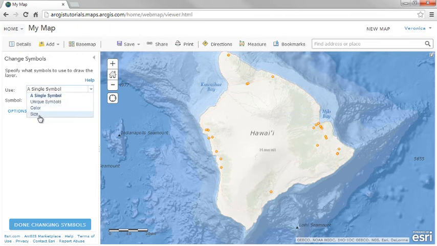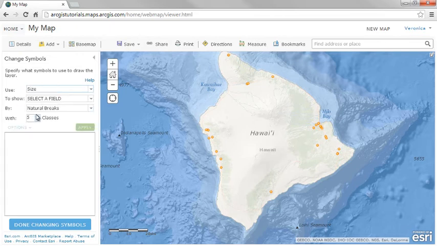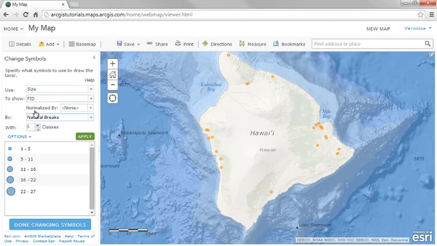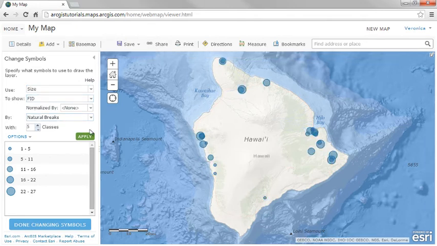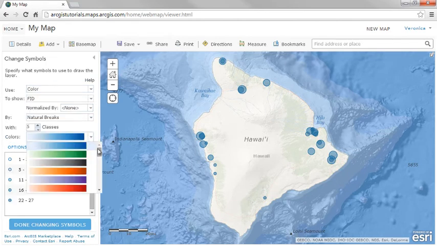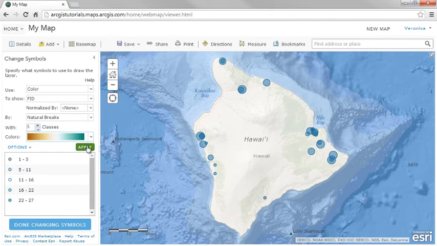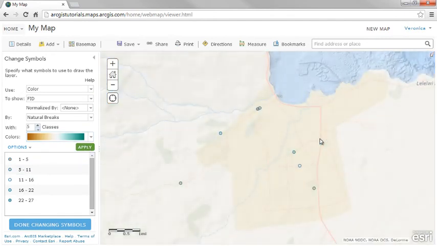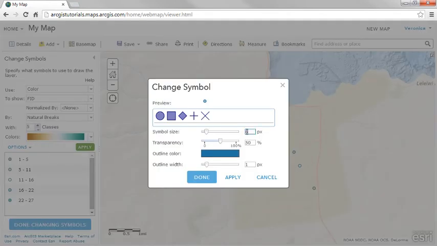Within the properties, you have a couple of options to symbolize the layer. If you choose a symbology based on size, this will give each feature a different size. Another option you have is to symbolize your features based on a single color gradient to distinguish differences between the features. You can pick the classification scheme and the number of classes. For each symbol, you have the option of flipping colors, showing other values, setting a rotation angle, and changing all